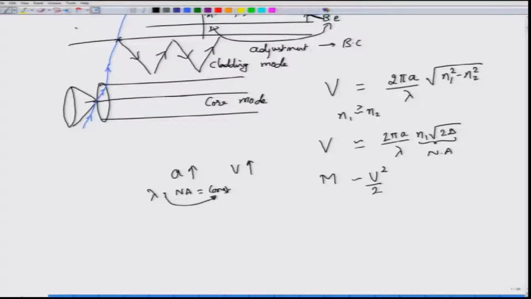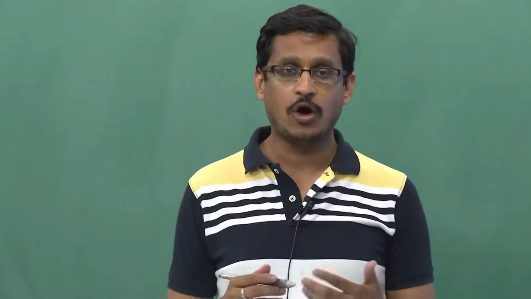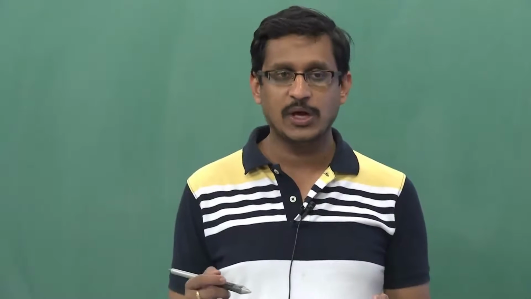They are used in realizing what are called long period gratings, where we intentionally perturb or change the cladding refractive index so as to induce a coupling between cladding and the core modes. And these LPGs are quite widely used as gain equalizers for erbium doped fiber amplifiers. So in most erbium doped fiber amplifiers you will see these LPGs. LPGs also have additional uses which we will not get into at this point of time.